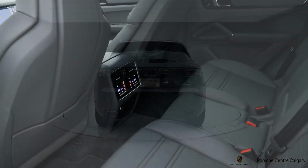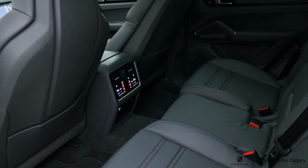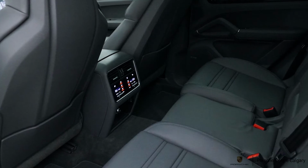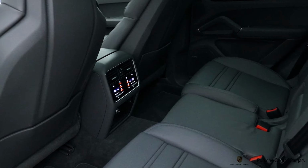This is a slate gray interior, which was a new color for 2019, a brighter gray than we offered before. The old one was agate gray, but a lot of people would come and look at that one and ask if it was a brown interior, because it was quite a bit darker and definitely had more of a brown hue. The slate gray is more of a true gray interior,